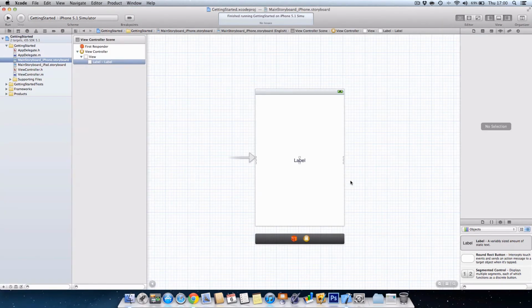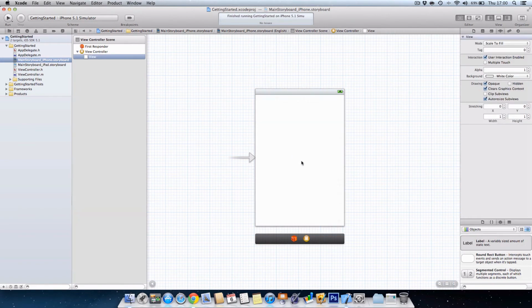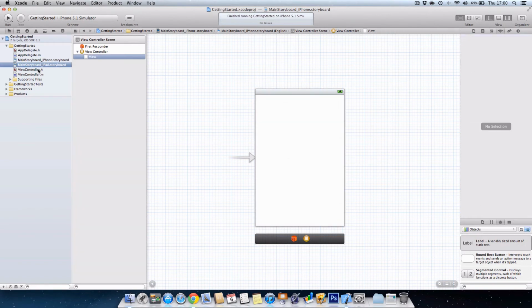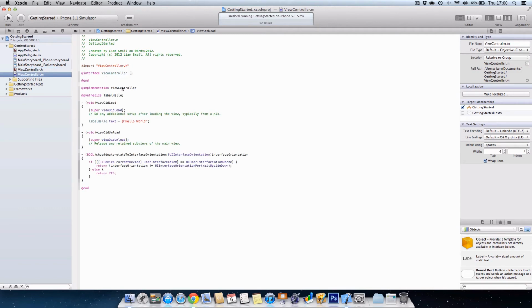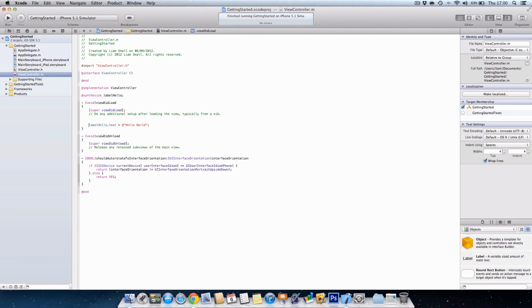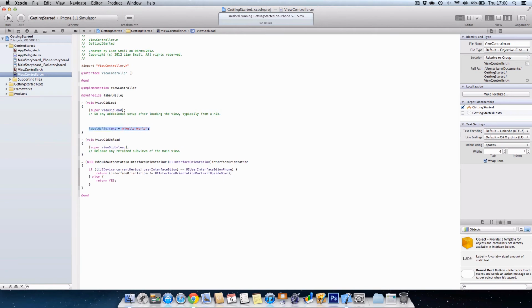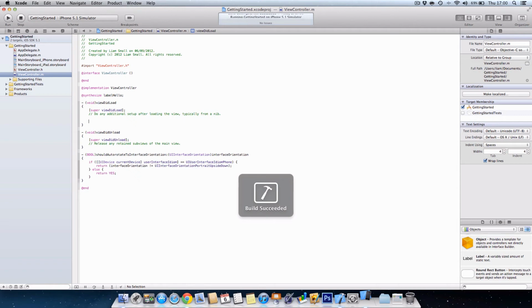However, we don't like taking the simple way, so what we're going to do is delete the label in Interface Builder, and then we're going to pretty much just delete this because we don't really need it. However, what we'll do is take out the IBOutlet so it won't be connected to Interface Builder. Sorry, we haven't got an IBOutlet, we've just got our UILabel. So that will still be linked correctly in the main file. This will still display the correct text, but the label isn't yet shown on the screen. For example, if I run it now,